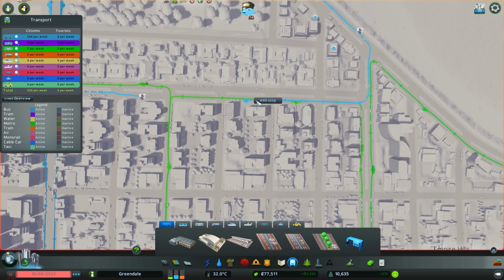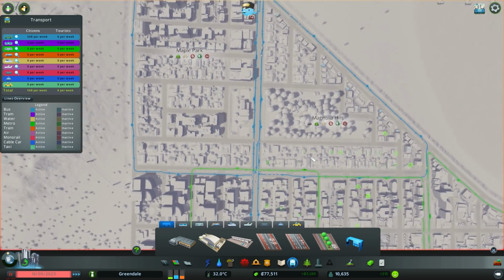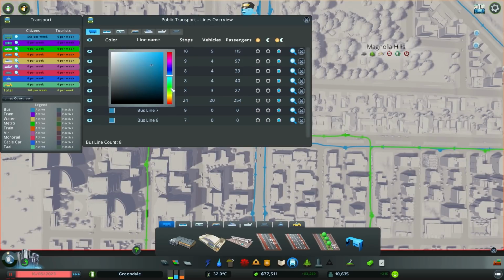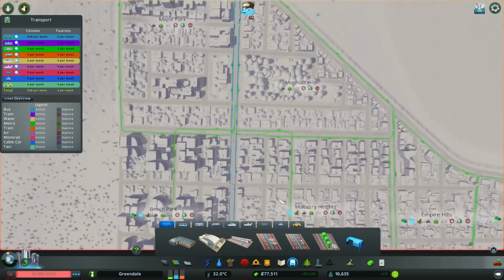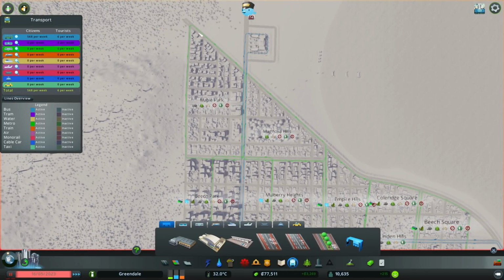It doesn't have to share a stop, so we'll just do it that way. There we go. So those two ever so slightly overlap, but we're not going to stress too much about it. Those two lines are going to be green and green. Probably not all the same shade, but close enough. So the point is, I think we're going to basically surround the districts with those